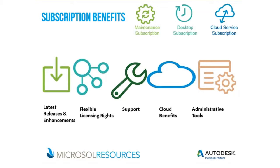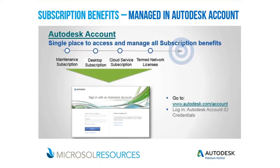So where do you retrieve these benefits? Sometimes they're in product, but most of the time they're managed in Autodesk account. Most of you are already aware of Autodesk account. It is the single destination where you would access and manage your subscription benefits, and that is at www.autodesk.com/account. As this screen shows, that's what the sign-in page looks like, and it's the same for maintenance subscription, desktop subscription, cloud service subscription, as well as this network license,